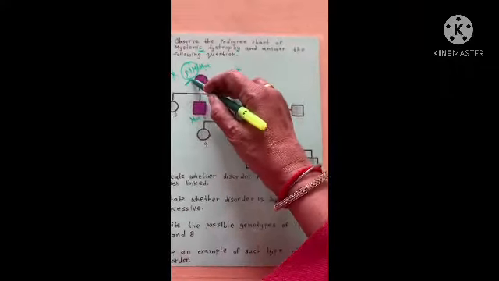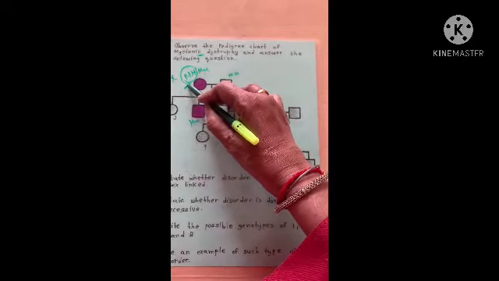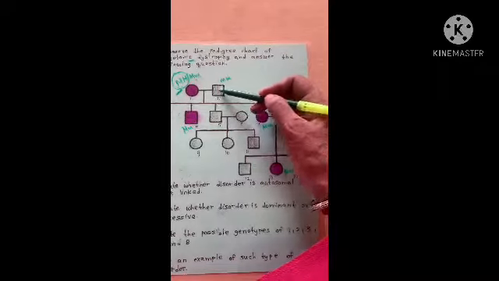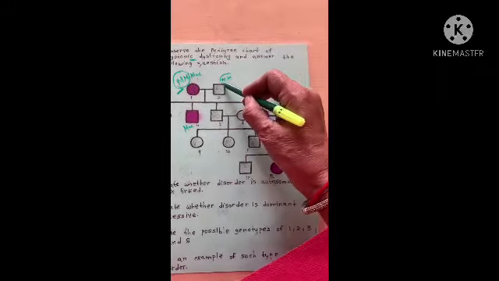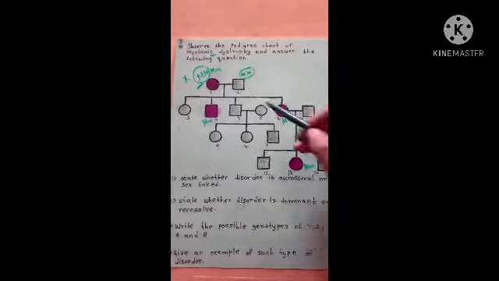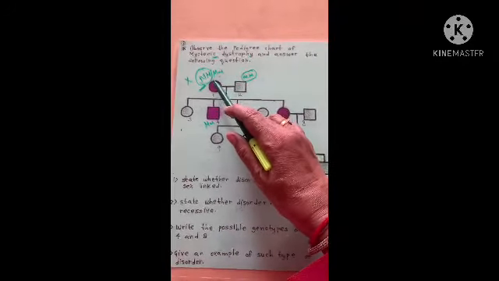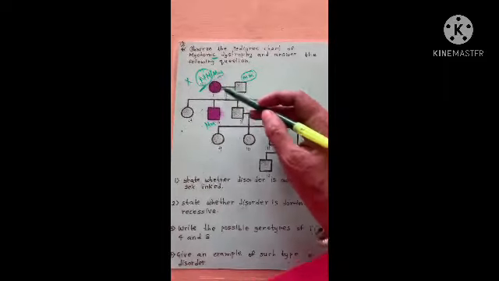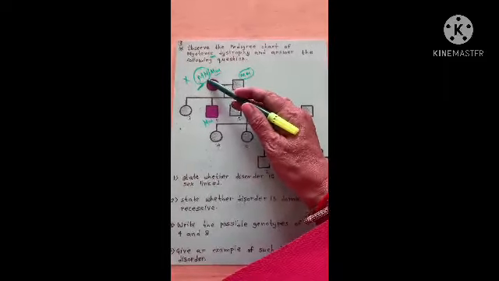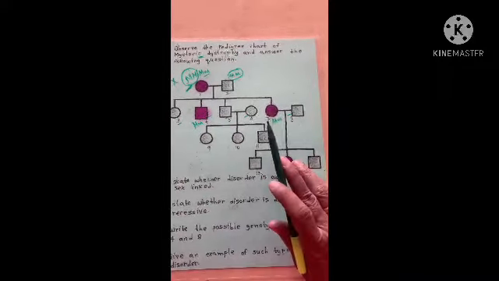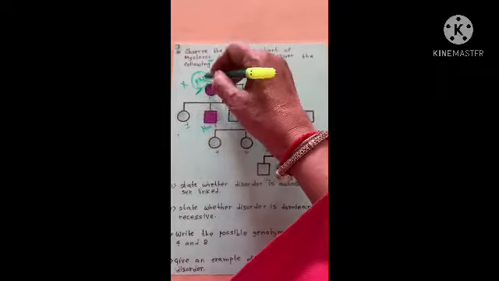If we consider the first case, अगर हम ये case consider करें कि capital M is the genotype of this female, this जितना भी normal है उसका आप blindly क्या लिख सकते हो, genotype can be written as small m. But if it is a disease, so two possibilities are there, एक capital M, other is capital M small m. If it would have been capital M, then F1 generation में सबको disease होना चाहिए था, but that is not the condition. So ये possibility rule out हो जाती है.